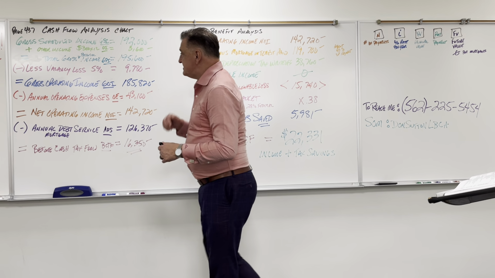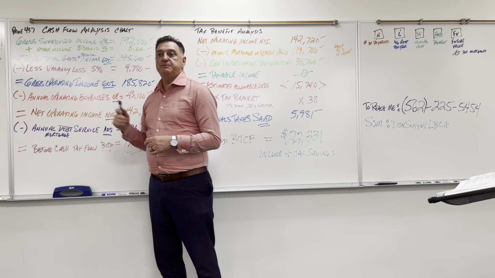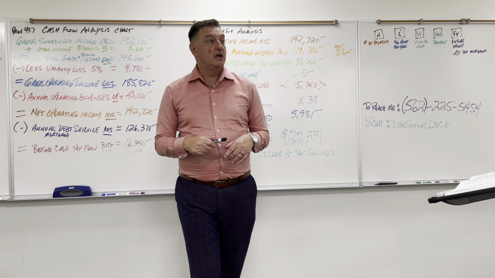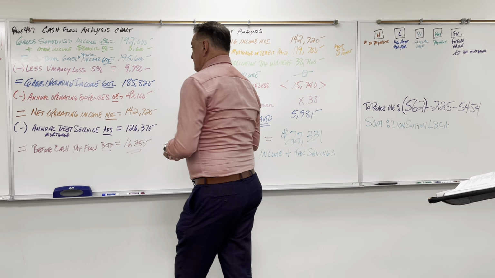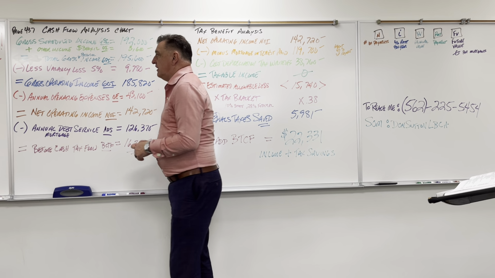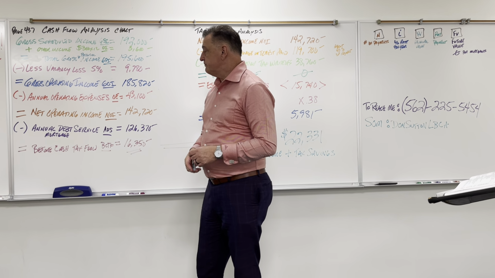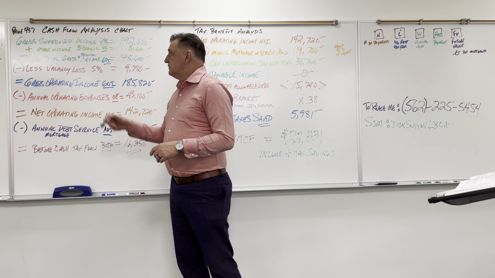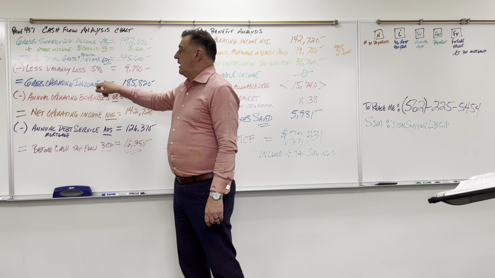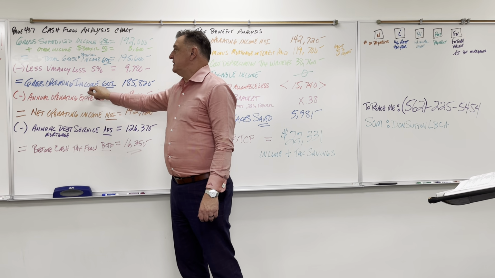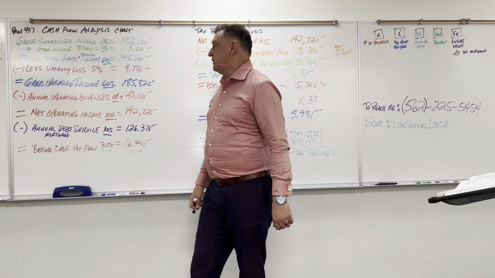But in this case, he has 5%, which means he probably had a few renters that moved out at the same time and they lost money. So this is how much money they actually lost. The total potential income minus your vacancy loss equals your gross operating income, or GOI, and that's